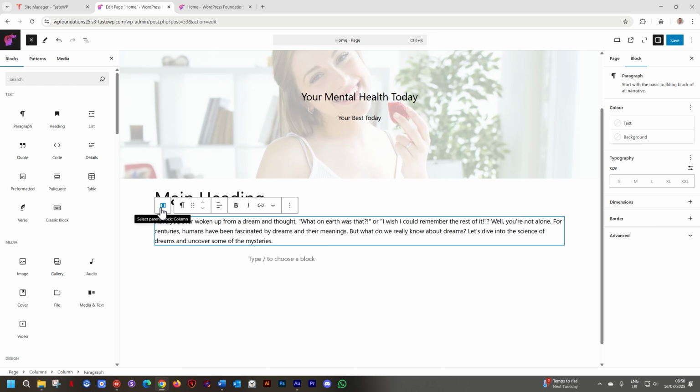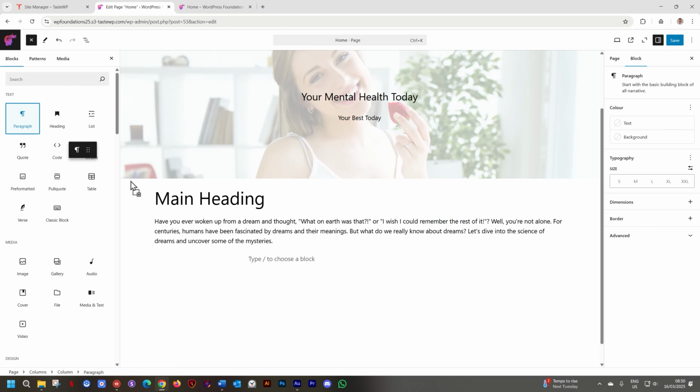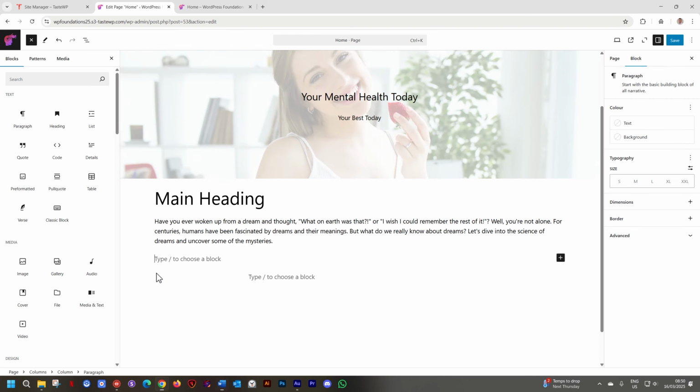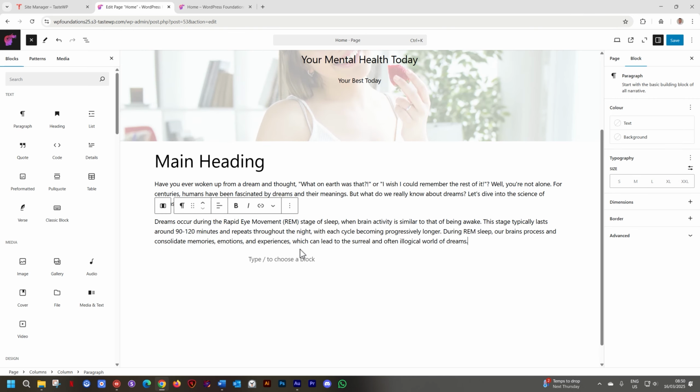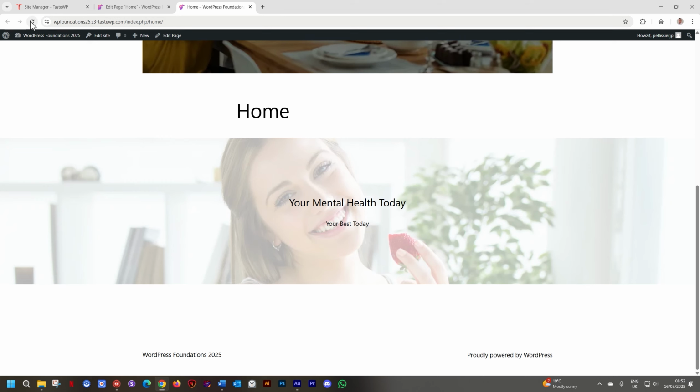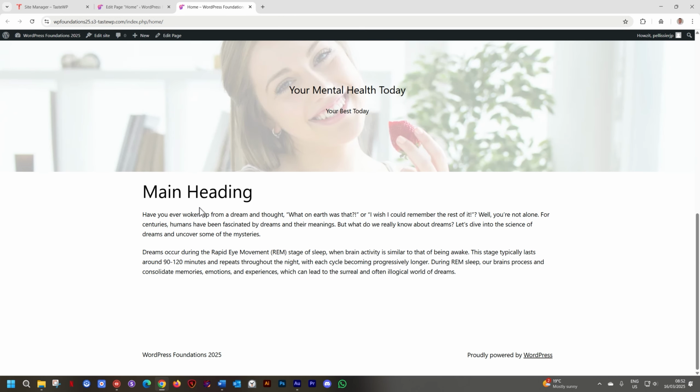So if I bring in another paragraph and I drag it inside the column, it's already set to the width of the column. I can bring in that text over here, copy and paste, and it will take the width of the column. So if you run into this issue where the paragraph cannot stretch or shrink, you just put it inside a column and you work it out like this. Let's save the page and you can go and view it again on the front end to see how it will look.